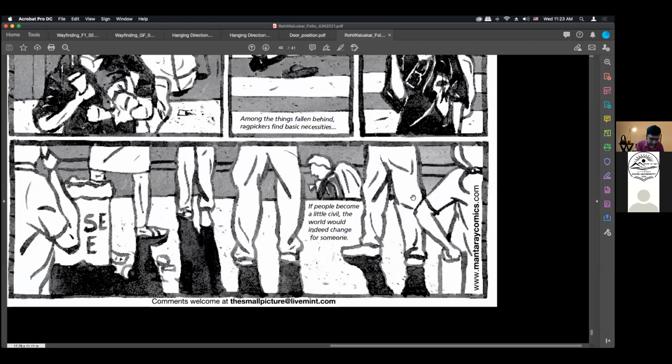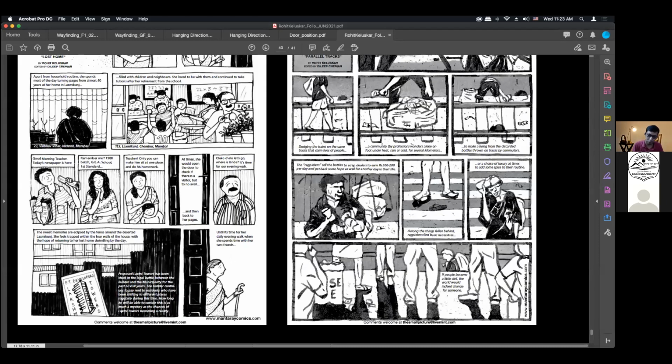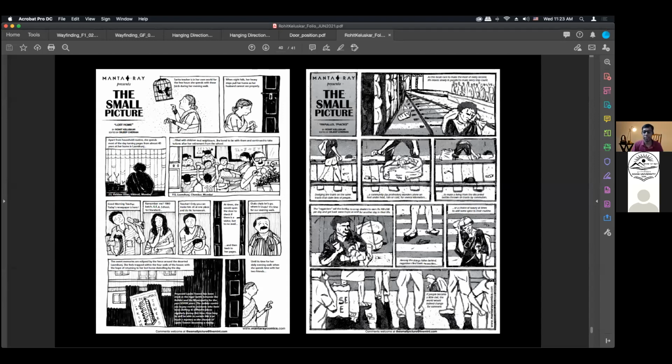Okay, we should be considerate of people like rack pickers. Yes, that's true. Basically, what I'm trying to say is we talk of a lot of things, like people should be civil, we shouldn't throw plastic bottles around, and the world would be a better place. But for some people, their practical livelihood depends on that. It would mean something else if we stop throwing bottles. I'm not saying throw bottles, but I'm just trying to put a different perspective across.